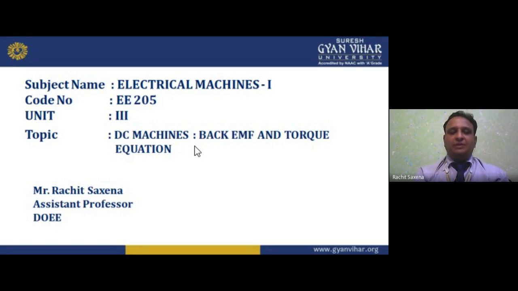Now, as per my previous lecture series, I'm dealing with your subject, that is Electrical Machine 1. At the time of starting this lecture series, I told you one thing: electrical machine is an important subject, and electrical machines have two parts, Machine 1 and Machine 2. If you refer to the books of this subject, you'll find both parts in one book, Machine 1 and Machine 2.